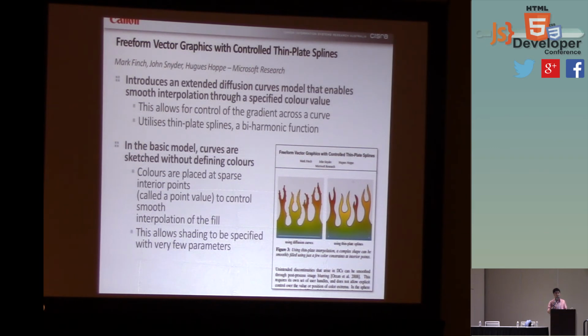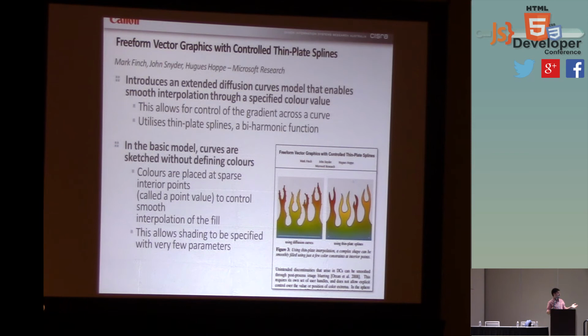Previously, to achieve a similar effect, blur was used to simply mix the colors from the independent regions. They also introduced a new method for setting colors. The colors can be specified at a point, which they call a point value. This allows for the coloring to be specified with very few parameters. On the right-hand side, I don't know if you can see the small color points, but they've only got about five set for that image. So they've still got curves though,